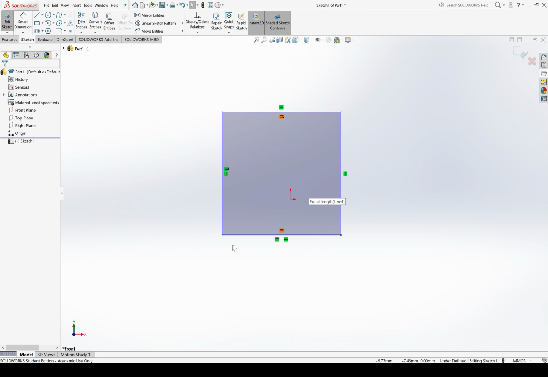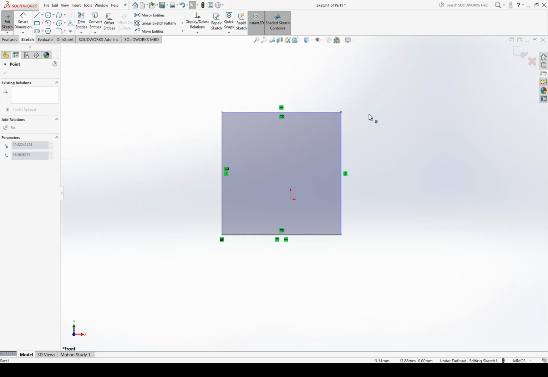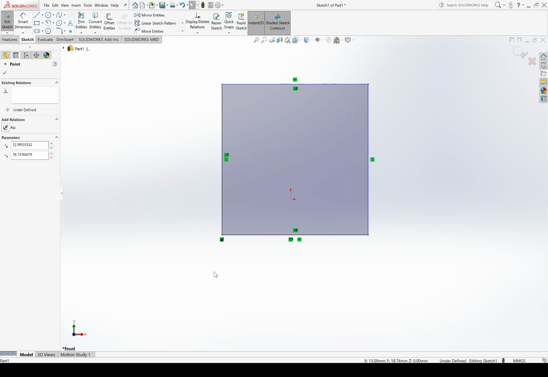it doesn't appear, and it isn't actually fixed. Like if I pin down the bottom left-hand side of the square and drag the opposite corner, I'm resizing my square, despite the fact that I told it, hey, that line length is 20 millimeters. That is not how you want to define lengths that are intended to be fixed, at least temporarily. Instead, what you want to do is use a dimension tool.